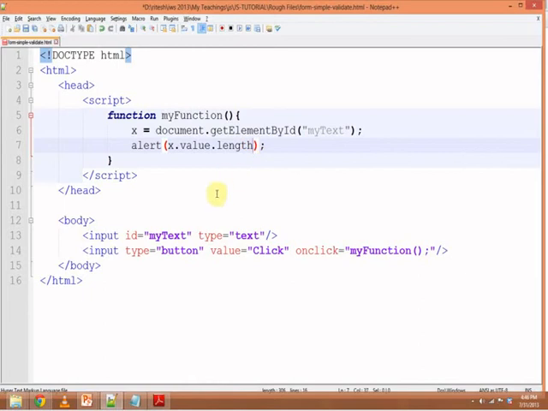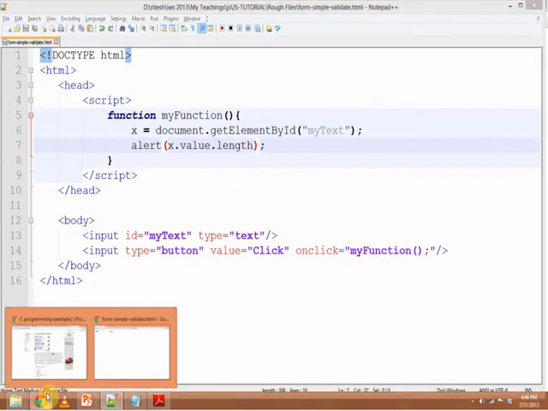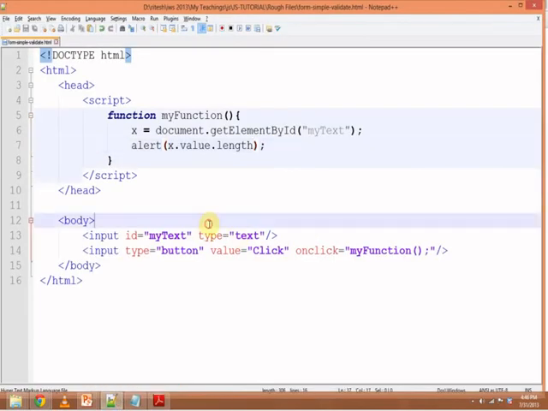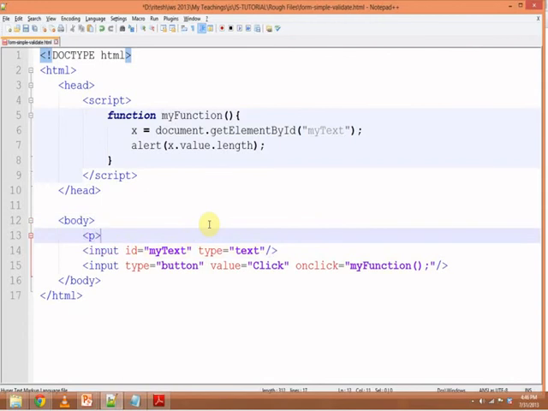And if I want to check the length of this string, I'll refresh, write my name, and click, and that time it is 6. So 6 is the length of this string. Now you understand what x.value and x.value.length are.